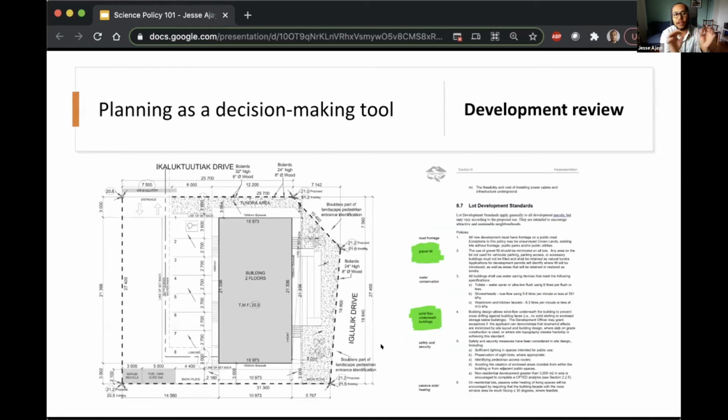Just to get right down to the very brass tacks, what planning looks like when we're talking about planning policy at the operational level is reviewing development proposals. And so on the left of the screen here, I just grabbed a site plan for a development where the applicant is responding to the policy in the general plan that you see on the right. So we're asking about gravel fill because we're interested in disturbances of the tundra, because we understand that impacts permafrost. We're asking about wind flow underneath the buildings because, again, we understand that impacts snow drifting, which then insulates the ground and impacts permafrost. So we're asking for these things in the policy.